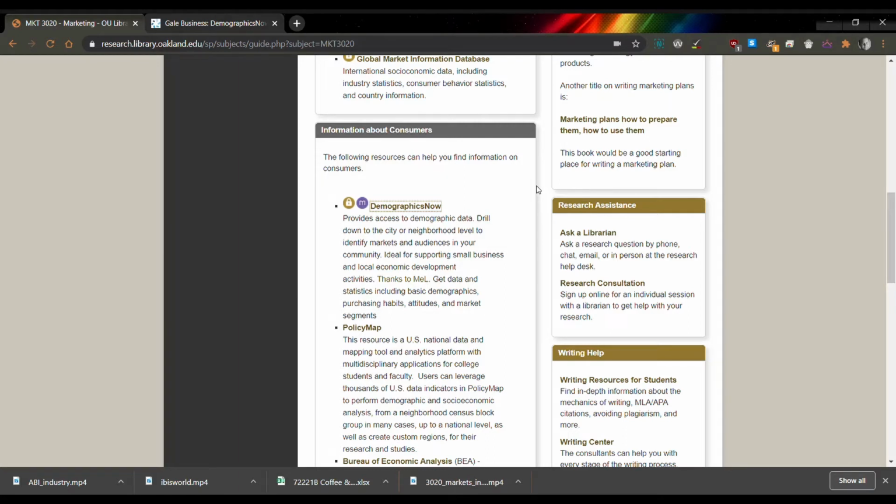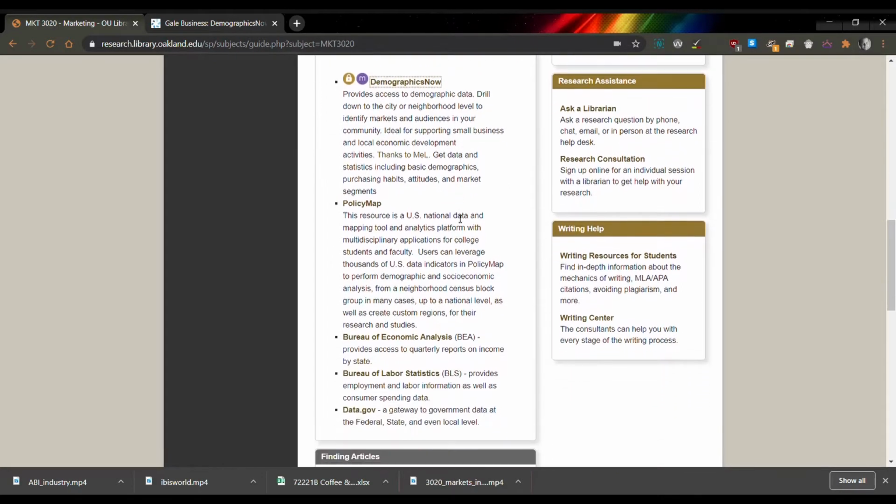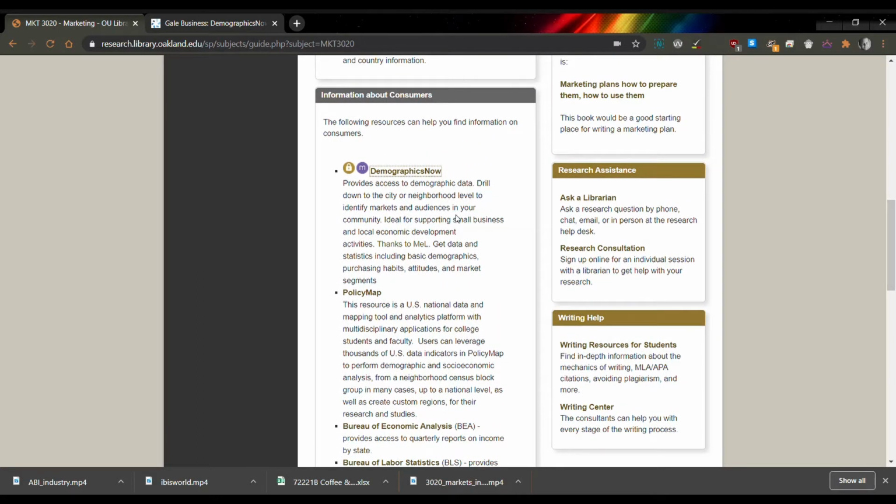So this next section of resources focuses on consumers, and you'll see there's a variety of resources listed here. Now, I'm just going to focus in on Demographics Now and Policy Map. These are our two resources that we pay for, and they have lots of really good information, but